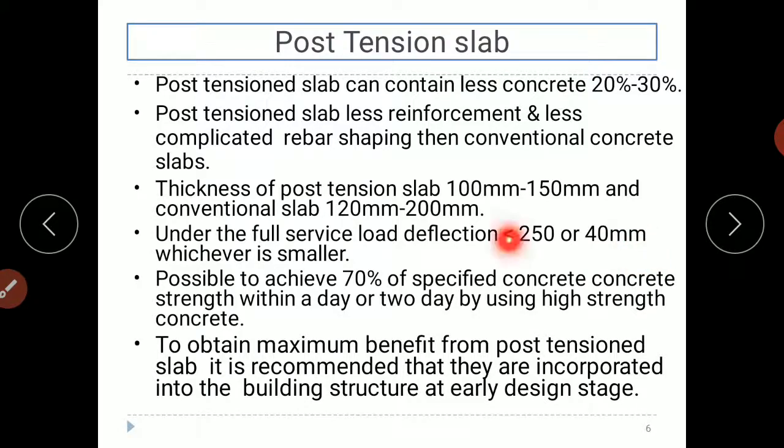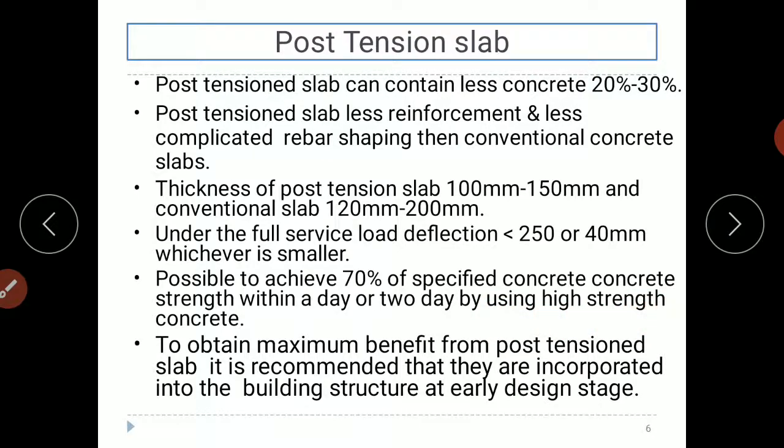Okay, so it will allow for a deflection of 40 mm, or maximum load deflection less than 250 mm, whichever is smaller. Possible to achieve 70% of specified concrete strength within a day or 2 days by using high strength concrete.